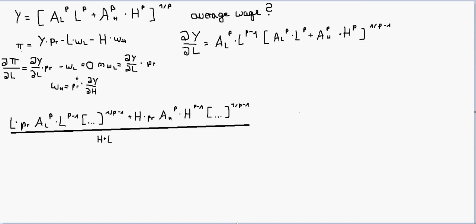Normally we would assume that the price is equal to 1. So then we would end up at the expression that the wage low is equal to the derivative of Y with respect to L, which we normally use and which I also used in the last session. But this is the more general term with the variable price included. So to get now to the average wage,